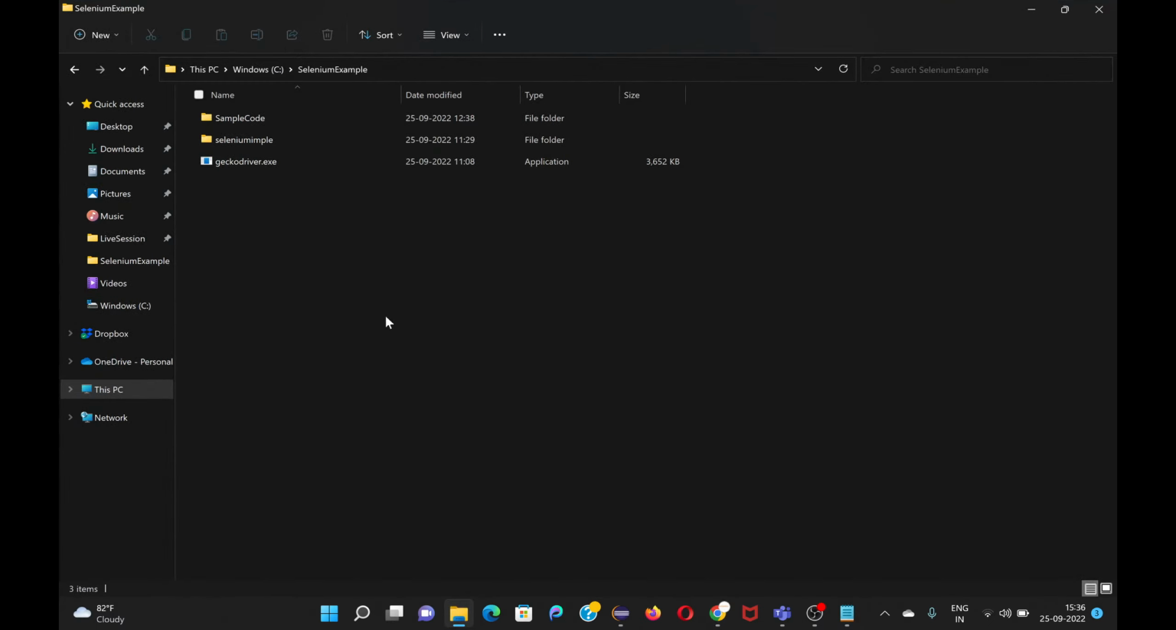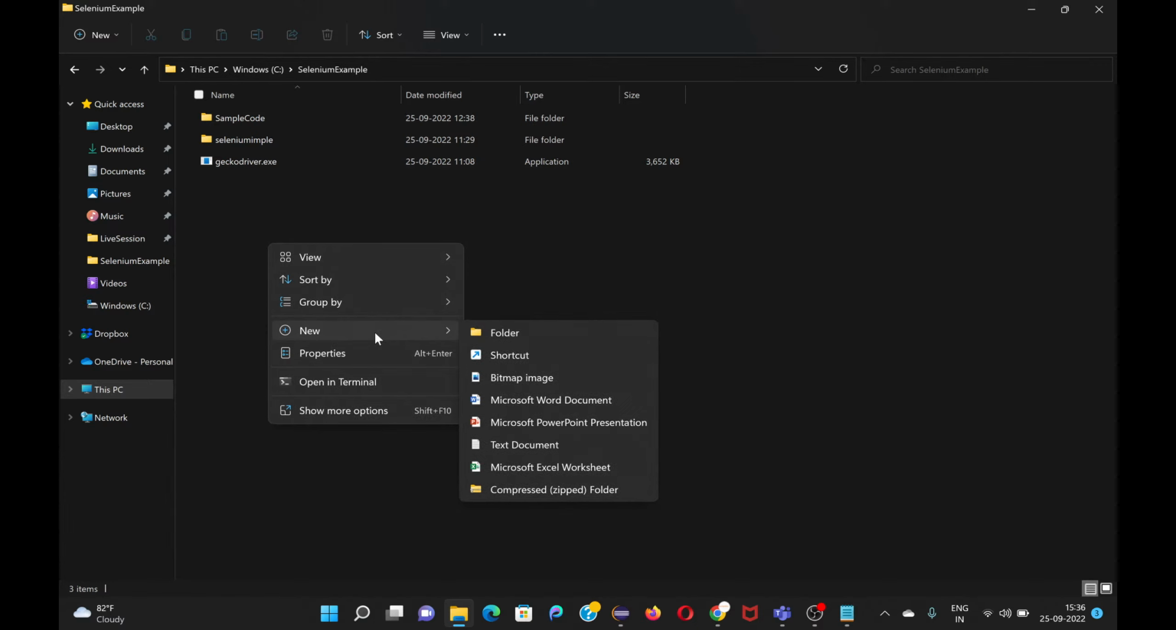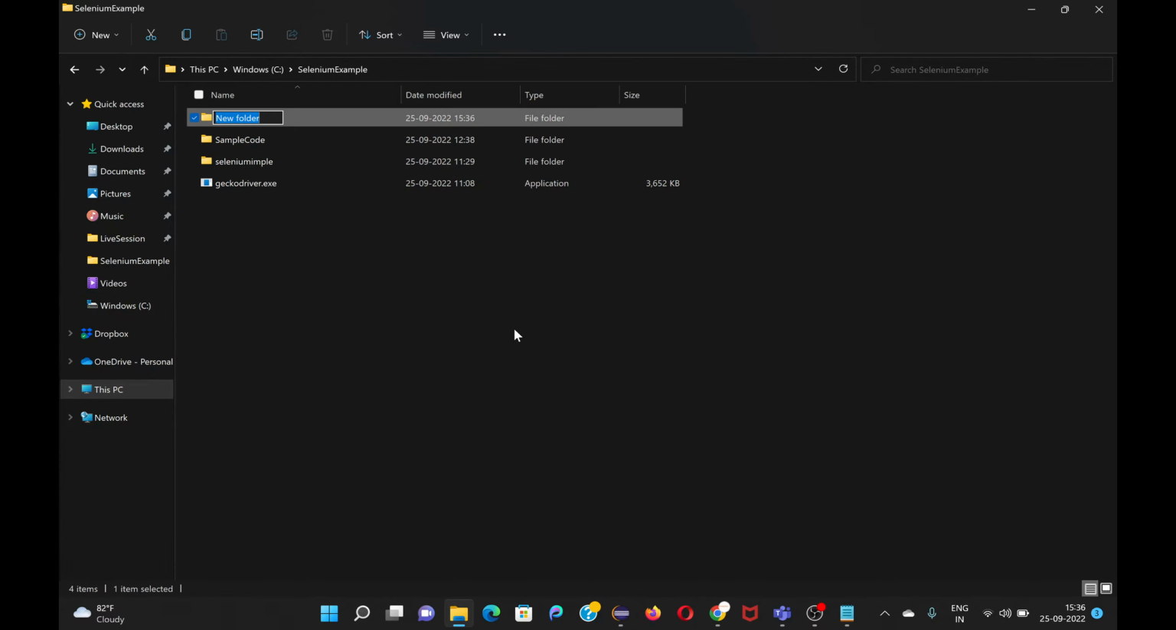Now what you need to do? We have our Selenium example. Here I'm going to create a new folder. You can go to any of your project, any of your Windows directory. I'm creating a new folder and naming it JavaScript implementation. Once I go inside this,